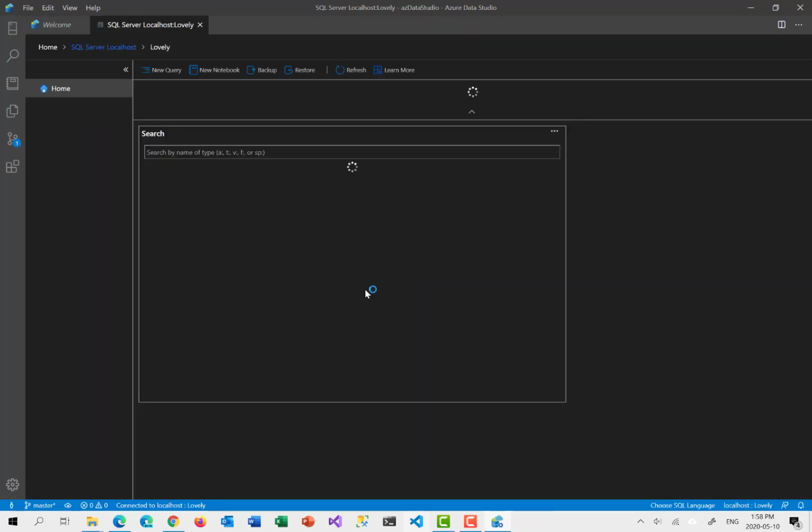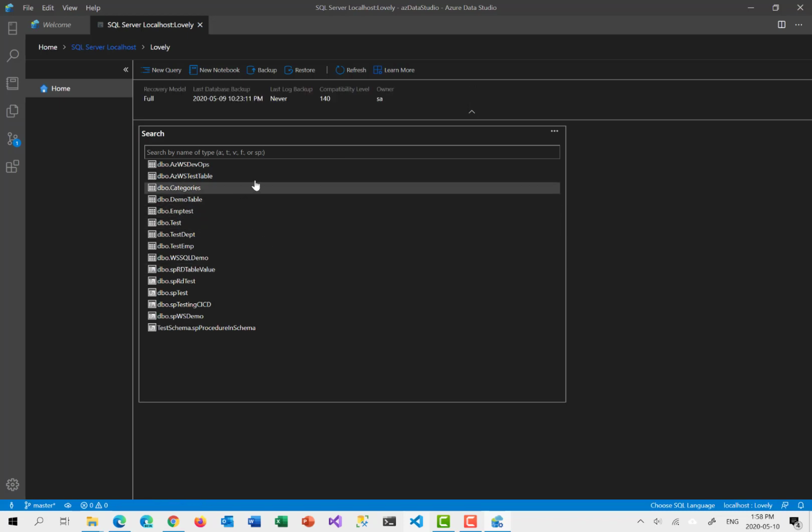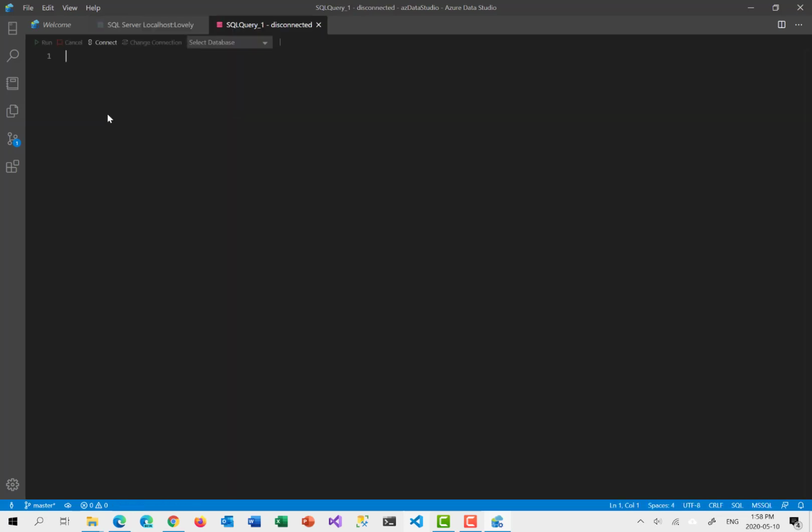If it all goes fine, you would have a full-fledged working connection, where it automatically gives you a list of all the tables, and some basic information about your database. You can refresh that. You can have a backup, a new query, or a new notebook. Let's try creating